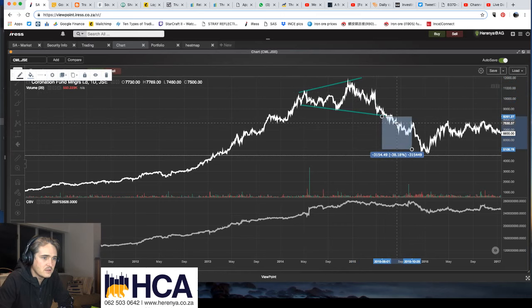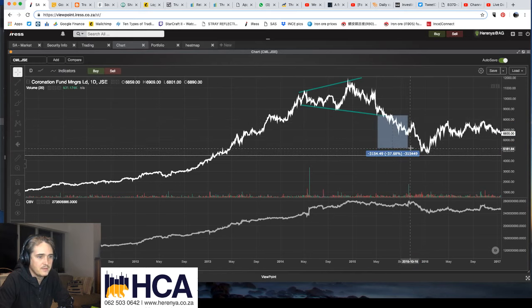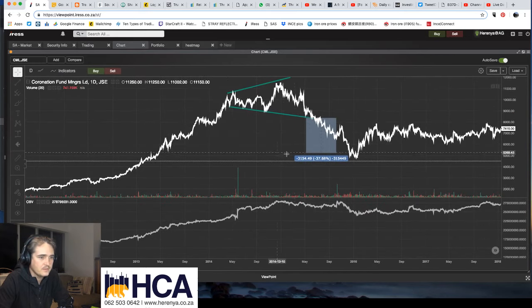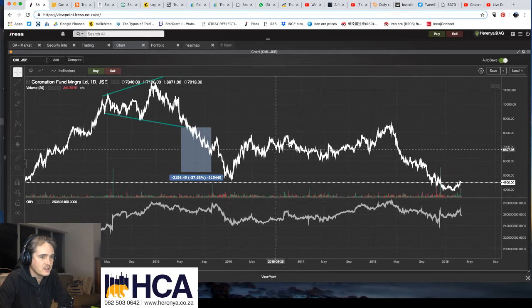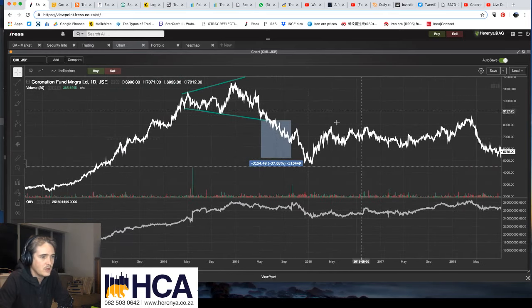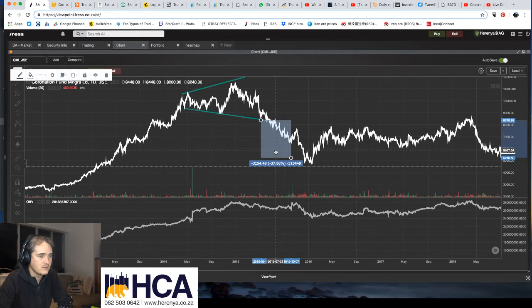So your price target would be like there, right? Which is pretty close. I mean, it came just a little bit over that actually, and well, recently a lot more. But that would have been a fairly decent trade if you had the patience for it. These are a bit harder to really truly find entries for, I'll be honest,